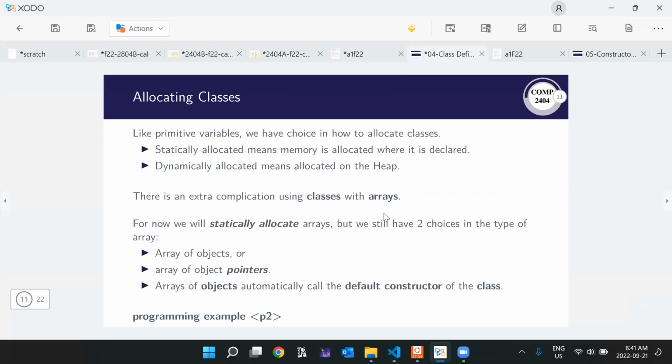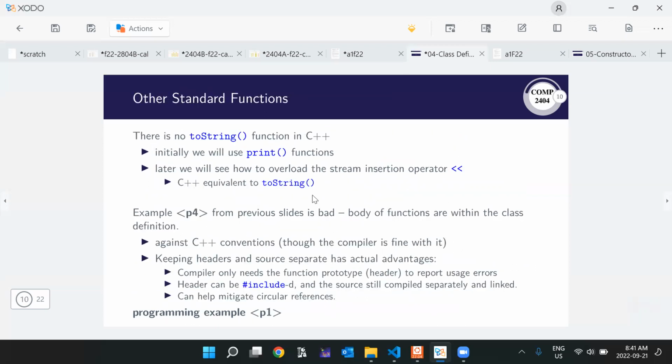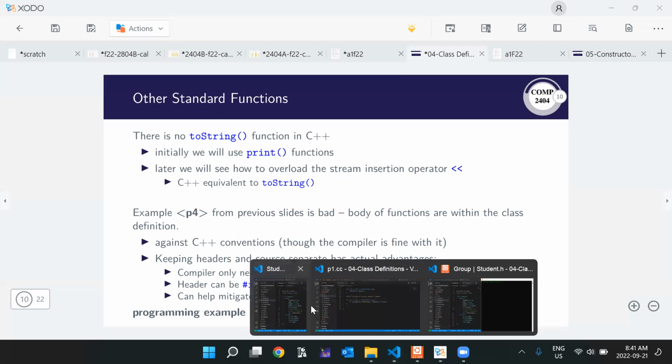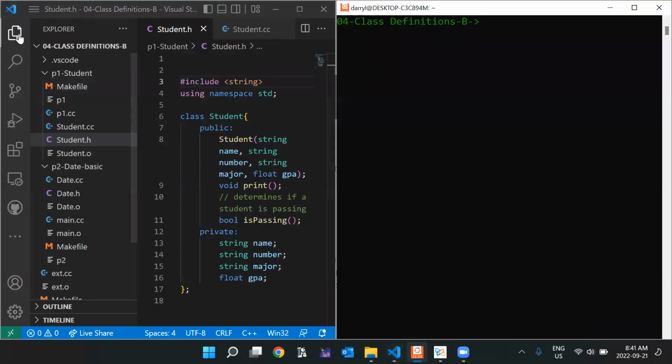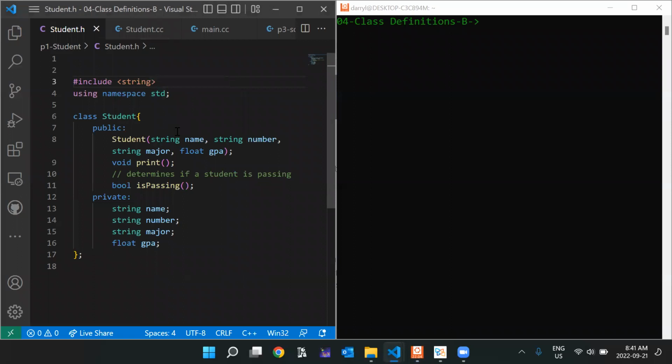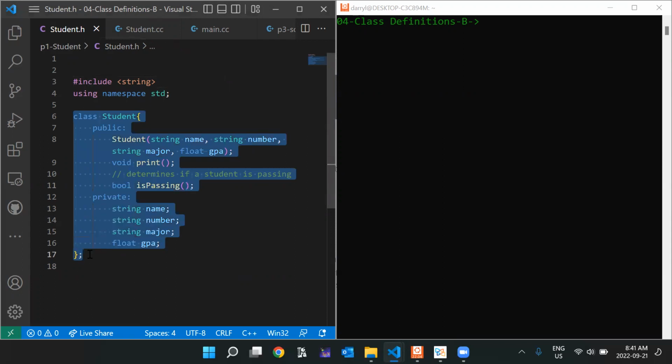We got to here. So the one other thing: we came to this example where we took our student class from before and separated it into a header and a source file. There's one other thing I wanted to do with that example that I didn't do last time. So here we see student.h, and in here I have the class definition. So I declare the class student,